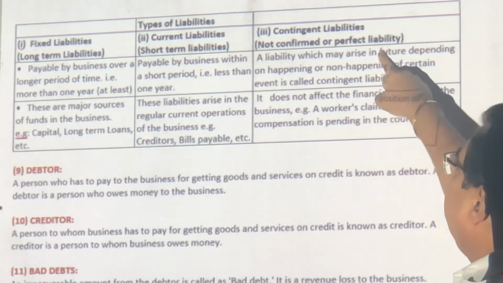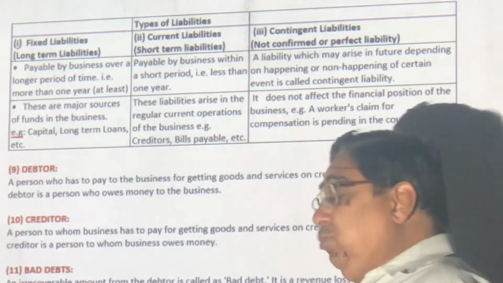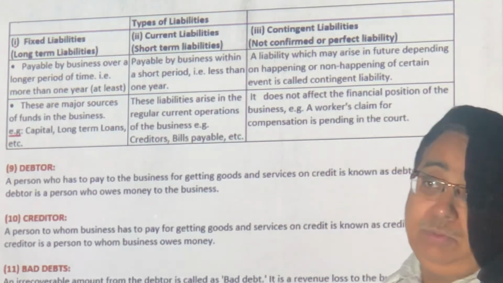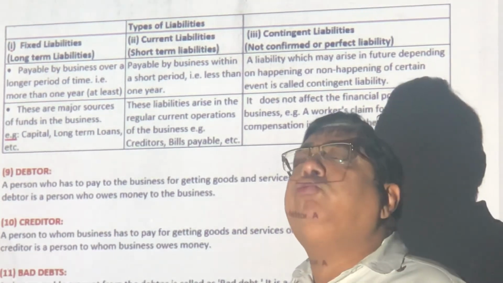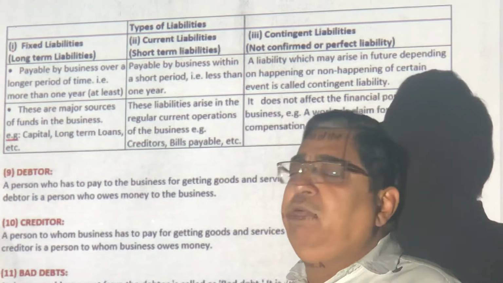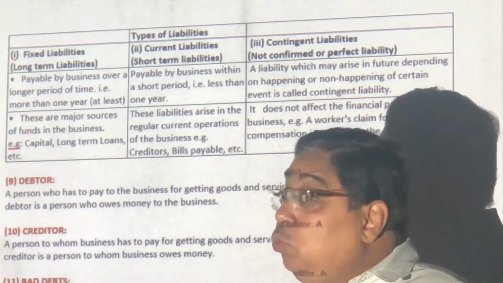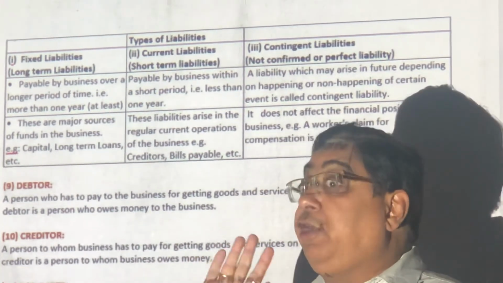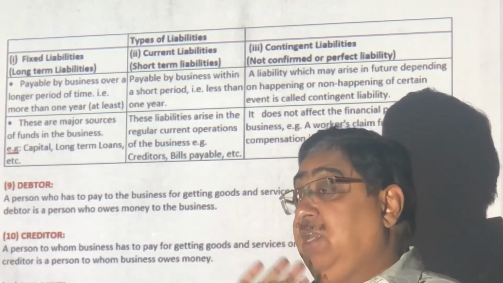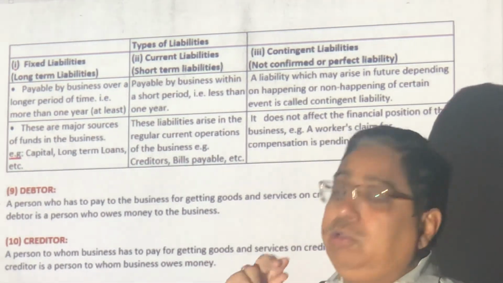Contingent, or non-confirmed, or imperfect liability. Now, sometimes you will see somebody challenges you. You owe me 500 rupees. I say, sorry, my book of account shows 400 rupees. He will file a case in the court and he will send you a summons. You will have to keep that 100 rupees spare in the book of accounts saying it's a contingent liability. If I lose the case, I will pay 100. If I win, I will keep back the 100 in the profit. This has to be captured.